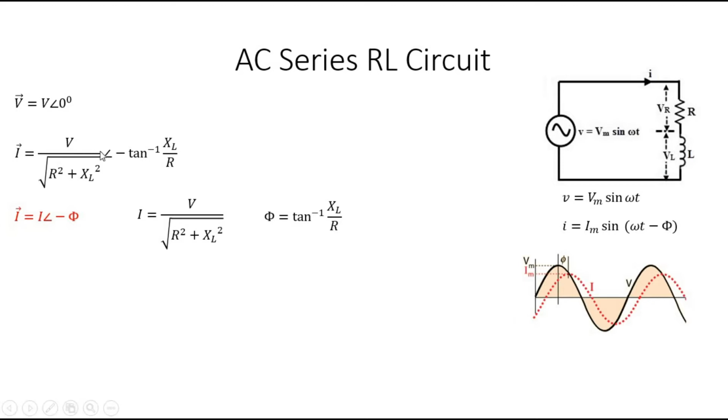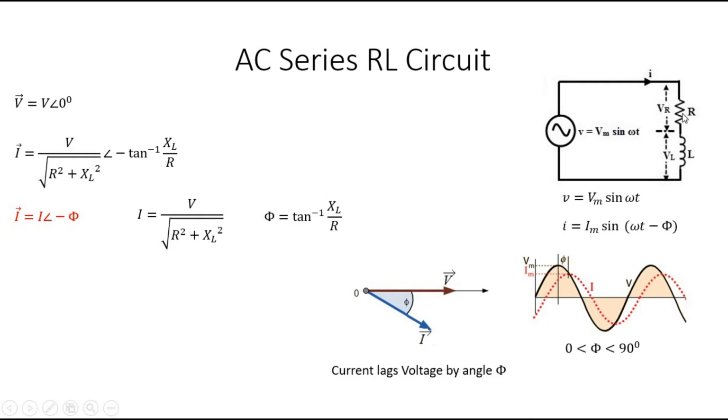And we can draw the phasor from these two equations, V angle 0 and I angle minus phi. V is in phase with the reference and I is lagging by phi. The phasor will be like this. So current here lags voltage by angle phi. In an RL series circuit, current lags voltage by angle phi. Phi can be between 0 and 90. If it is a pure resistive circuit, phi will be 0, in phase with I. If it is a pure inductive circuit, it will be lagging 90 degrees. So in the case of RL, the combination of R and L, it will be between 0 and 90.